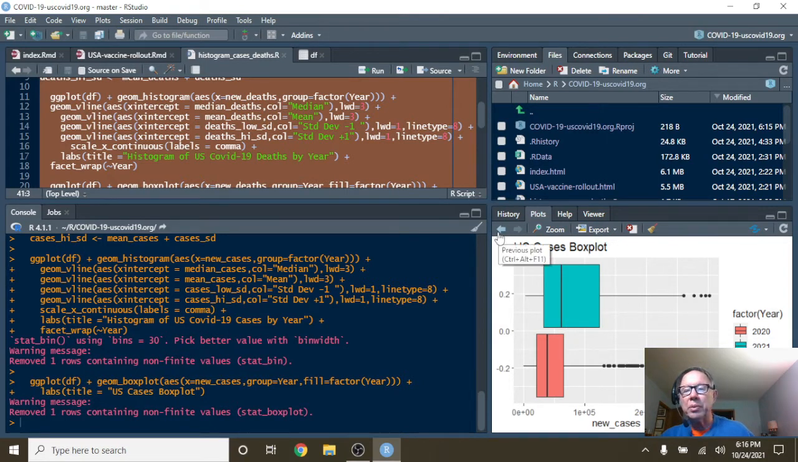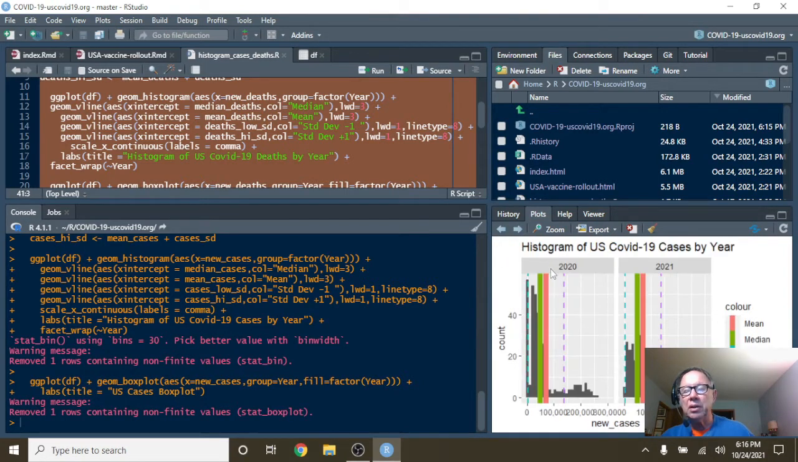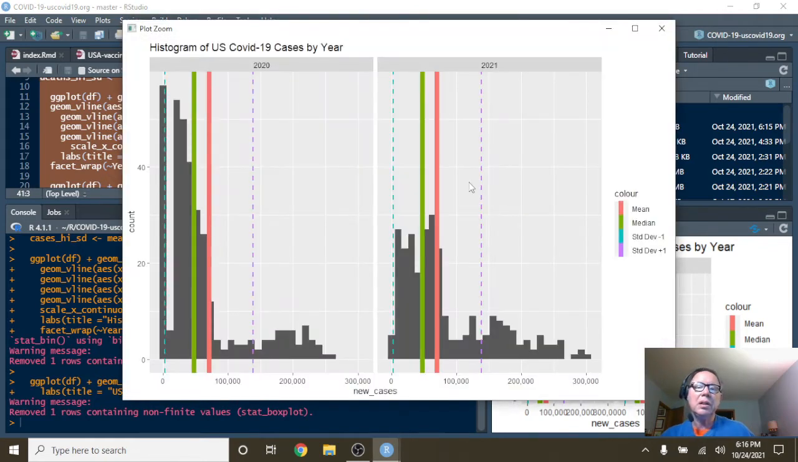I'm not quite sure how to interpret that, but you know what I'm trying to say, right? Okay. So what do we got here? Now we got the distribution of COVID-19 cases for 2020 and 2021. The dotted lines represent plus and minus one standard deviation, and 70% of the data should fall within these two dashed lines. Green line is the median, and the blue line and the red line